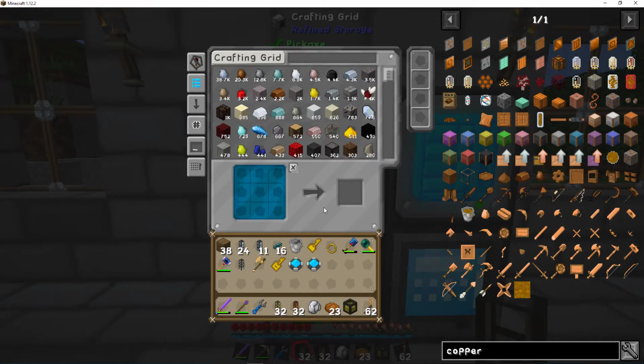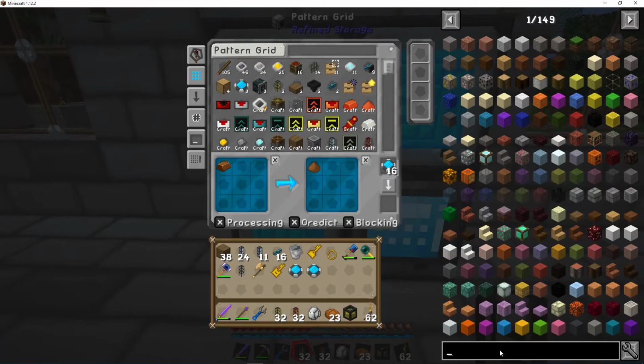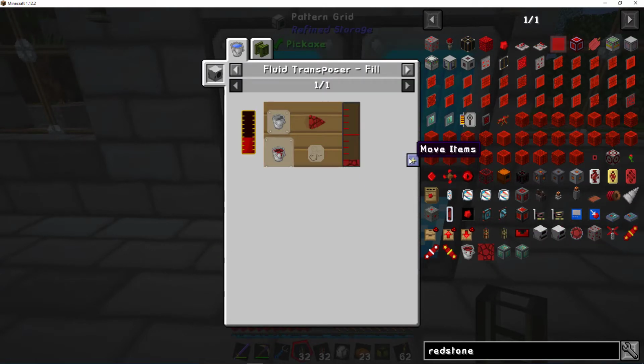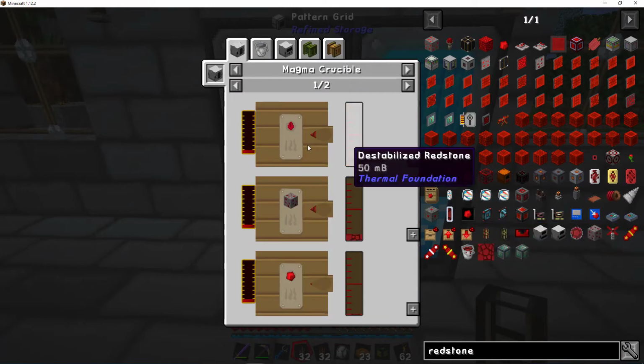So, what I'll need to create for a pattern for that is redstone, bucket of destabilized redstone. This gets a bit tricky because you have to leave this in fill mode. So, and you have to kind of take it on faith. So I need to go to